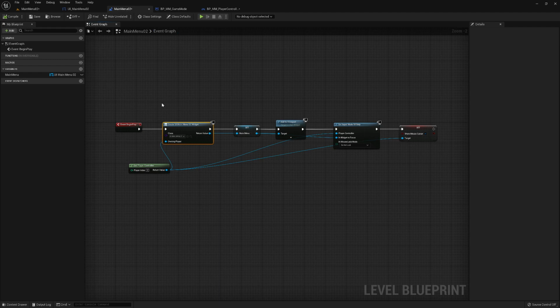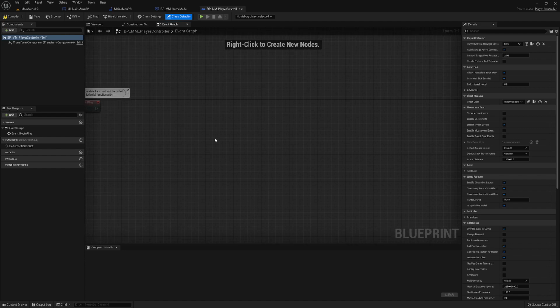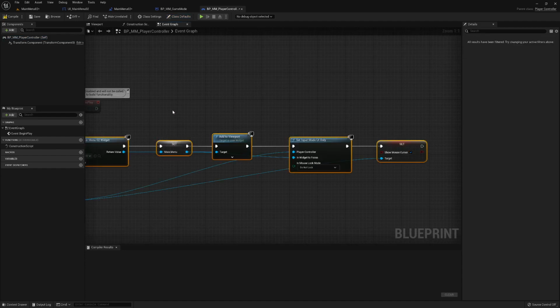First thing I want to do is make sure this doesn't run. So in my event begin play, I'm just going to hover over the execution point there, hold down the Alt key on the keyboard, and left click, bang, and it cuts the execution cord there. I'm then going to grab all of this, Control C, and go to my player controller, and just go Control V,